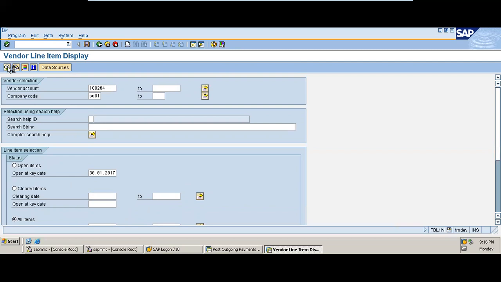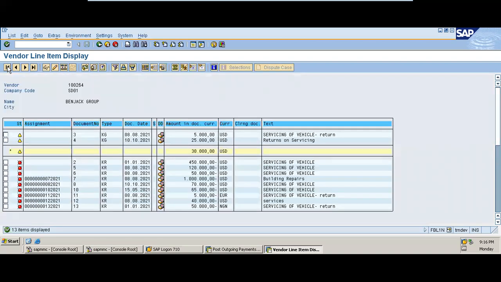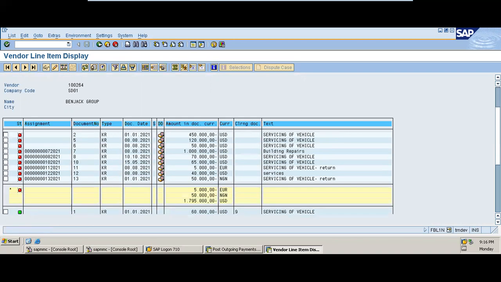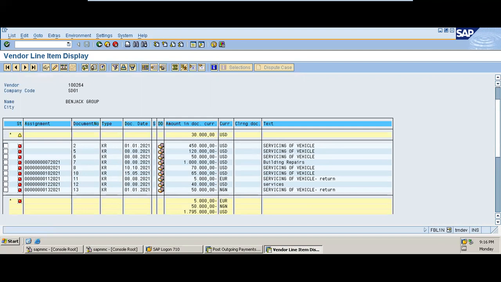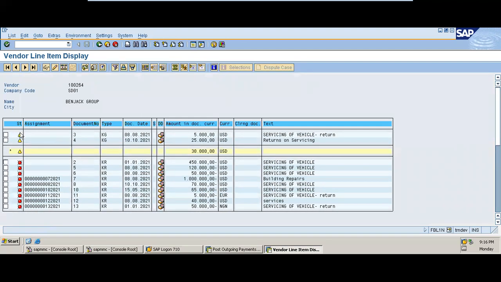Remember, the essence of this is to view the vendor account to get more details about this payment we are trying to make. Okay, so this vendor account is open. So you can see we have this, of course, at your status level. The status level tells you the status of your vendor